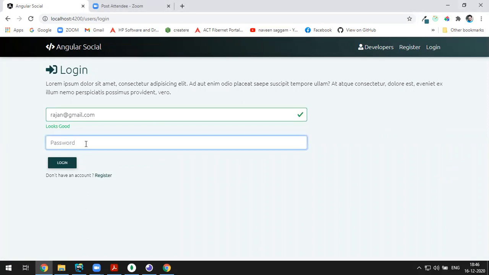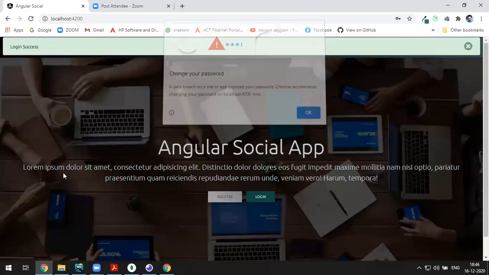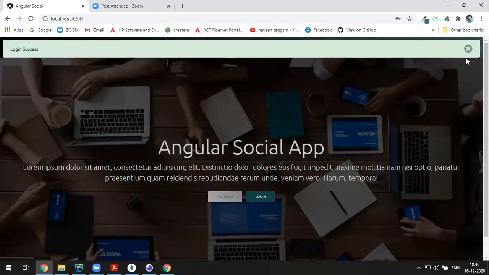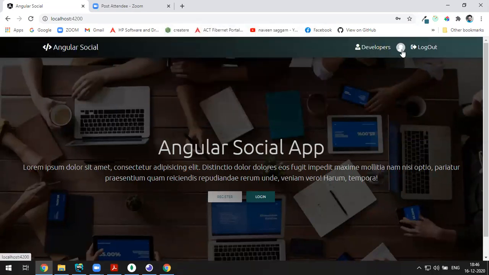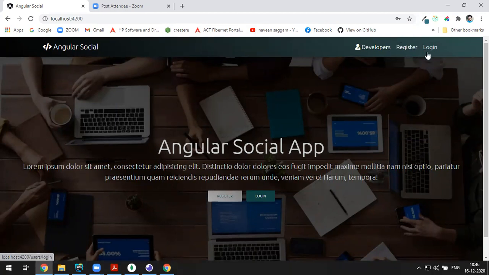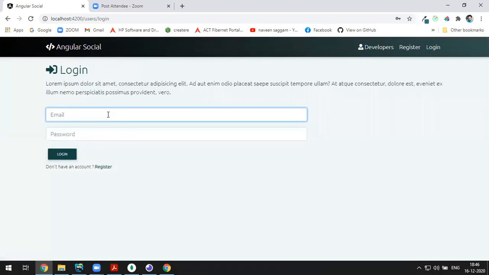Rajan at gmail.com. Just say here Rajan123 and click on login. So login successful. You get the Rajan image, but Rajan no image. So it's just like this. Okay, if I log out and log in with mine,